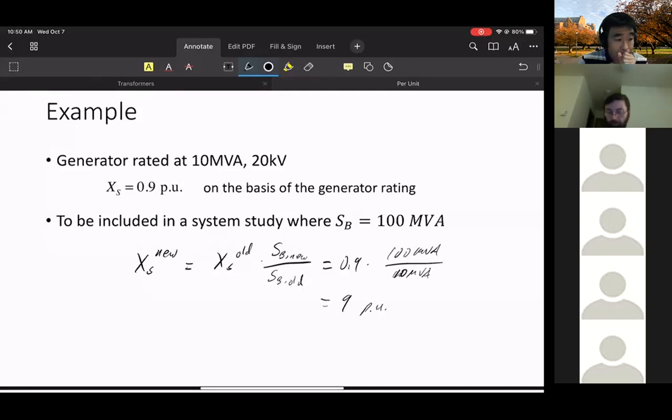Questions with this? Okay, so this is not super exciting calculations, but this is sort of necessary. We do this very often when we work with large systems. So let's look at a slightly more exciting